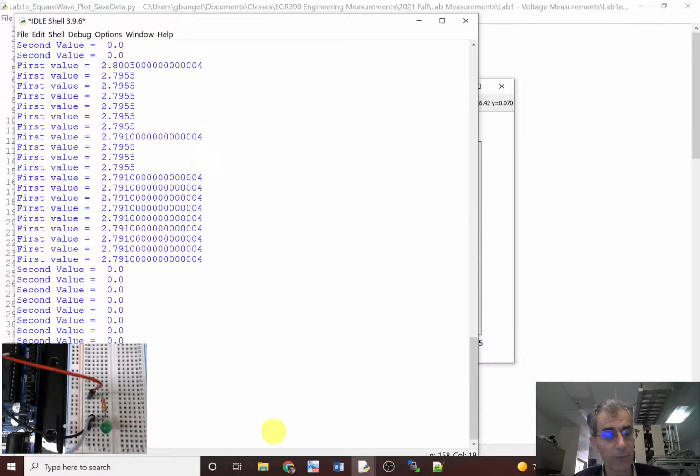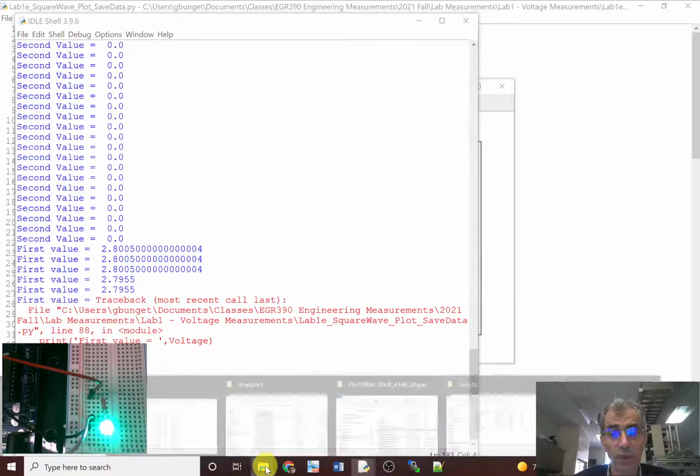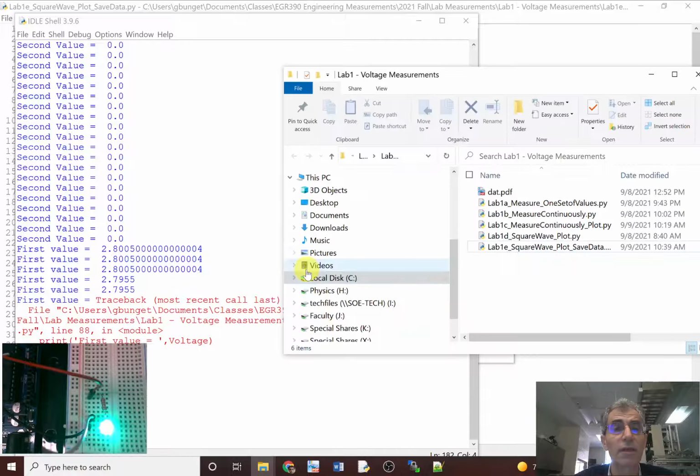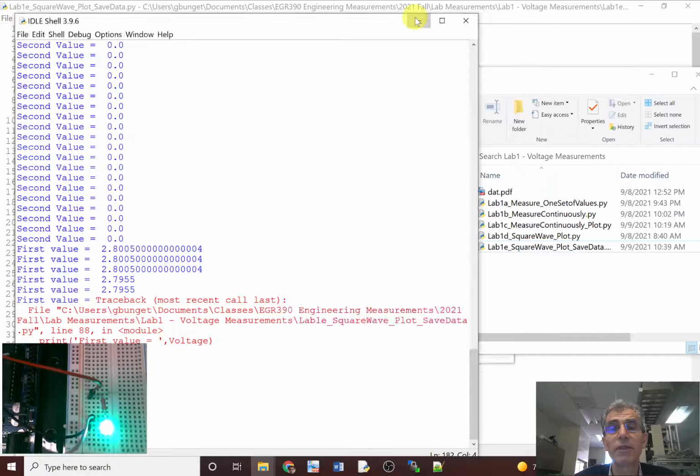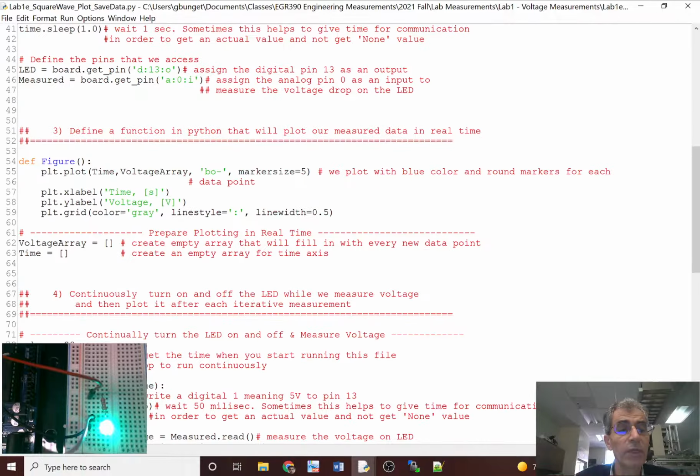It looks more like a nice square wave in this case. So if I stop it, I am supposed to basically get the data in my folder where this original file was located. Mine was located here in lab 1 measurements. And if you look here, I don't have any measurement there, nothing whatsoever. I interrupted the loop, but the data was not saved, although it was there. So in order to do this, we have to